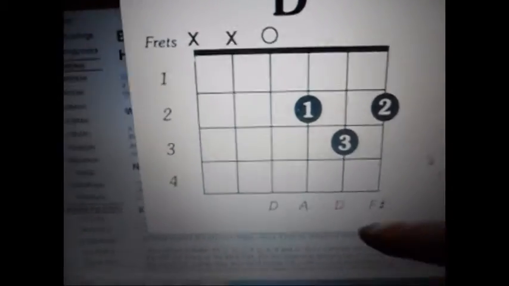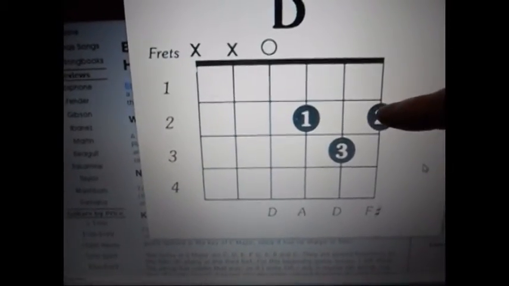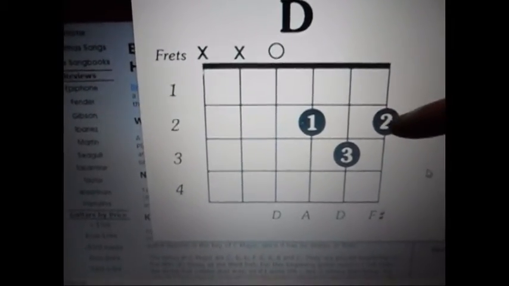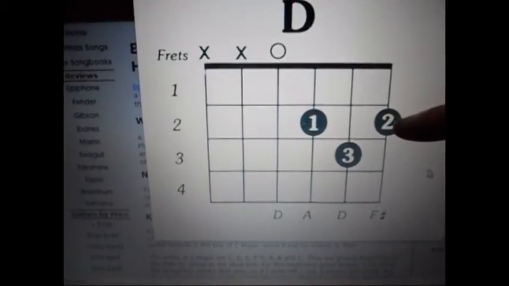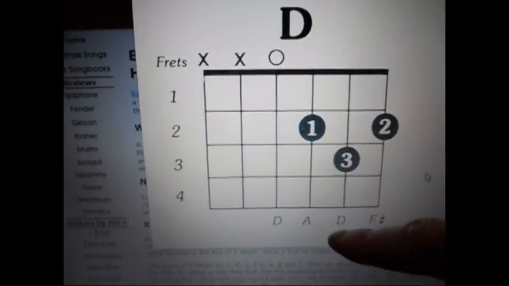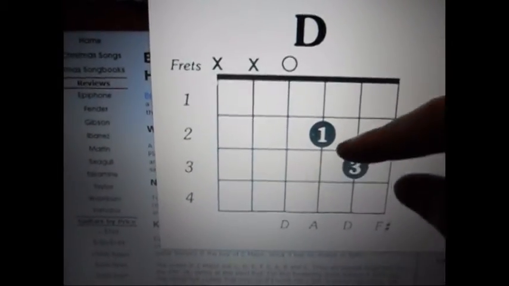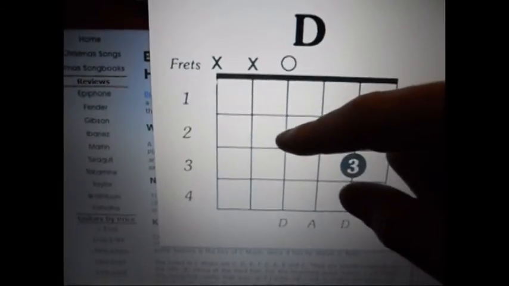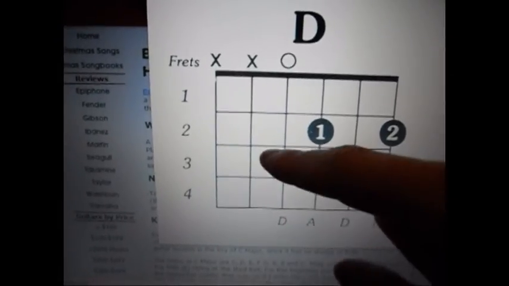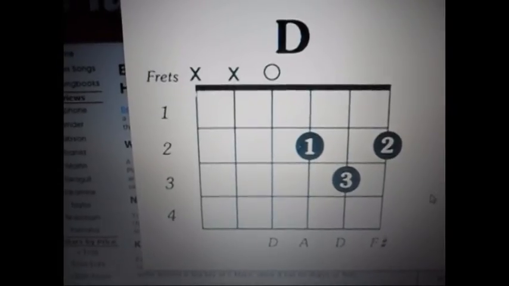And you just work it out. These notes down here are the notes when you press down on the string. That's the note that'll be played. It doesn't matter too much. So you're on the E string, so you're fretting it there. So it's E, F, F sharp. You're fretting F sharp. You're fretting D there. You're fretting A on that string, and you're playing this string open. No fingers pressing down on the string. You're just playing the string open. So that's the open D, and you play on that, and that's the D chord. So look at the others to find the 3 chords you